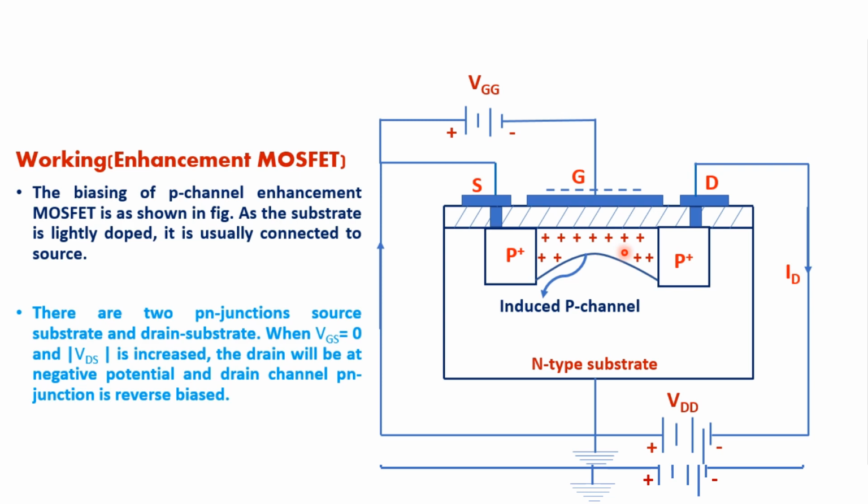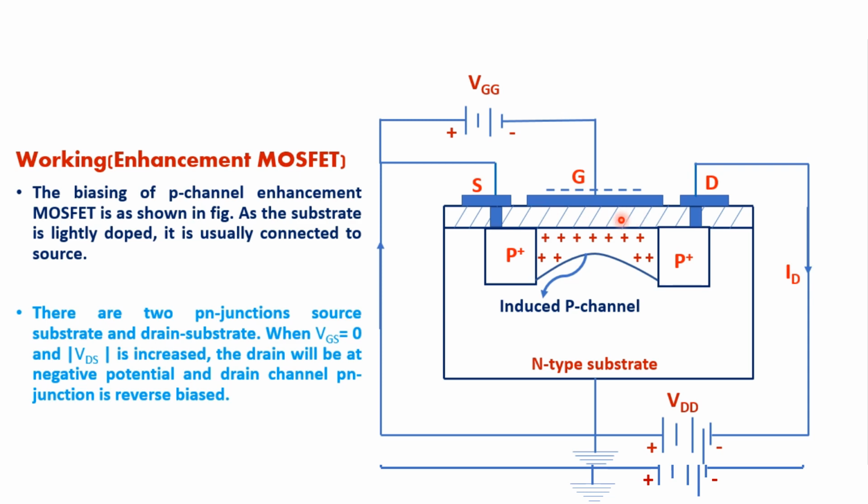So an equal and opposite charge is induced at the surface of the substrate due to the capacitor action, which is shown by this particular figure. That is, positive charge is induced in the channel, which is just below this silicon dioxide layer. This happens because the electric field terminating in the channel pulls the positive charge carriers from the substrate close to the surface, and thus the region between the drain and the source